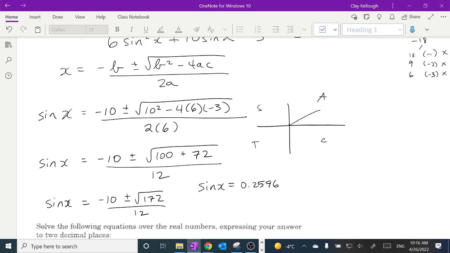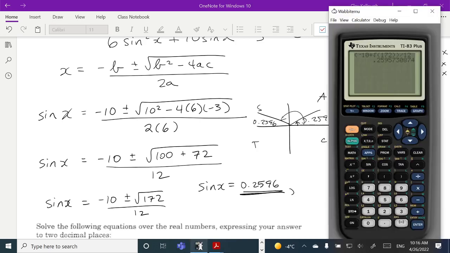So I have 0.2596 there, and I have 0.2596 there. Well, in quadrant 1, you are your own reference angle, so that's one of my answers. But my other answer I can get from going pi minus that number. So since I already have that number on the screen, let's just finish it off. Pi minus that number. And what was that number again? It was 0.259. So when I do that, it's